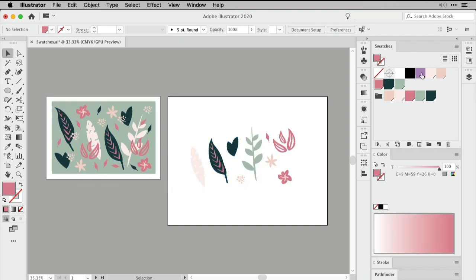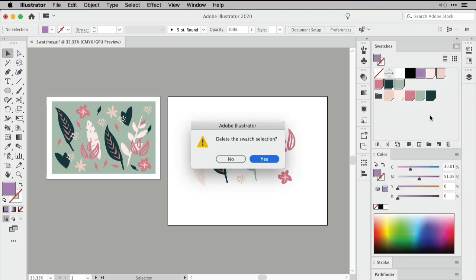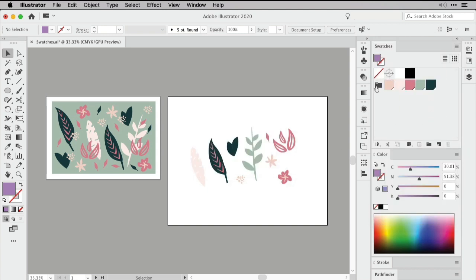Now this way we can actually get rid of all of those other global swatches that are not grouped. So select all of them, just press and hold the Shift key, and then click Delete Swatches. We'll press Yes, and then I'm just left with the color group that I've just created with global swatches. And that's it. Working with global colors helps you save time, and you can easily adjust, switch, and even merge your colors without having to select one single shape of your artwork. It simply gets updated on the fly.